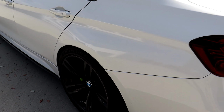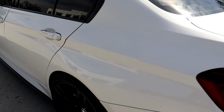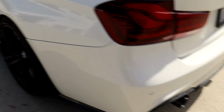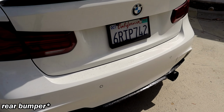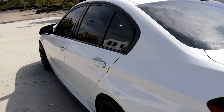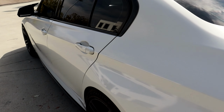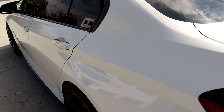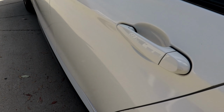I'm not sure why or how, because when I bought this car, the Carfax said that there was an accident, or it did receive some damage, but only in the rear end of the car. The front bumper was damaged, but that was it. It didn't say anything about there being any damage over here, but it may have just been maybe a scratch or something, but they had to redo the whole thing. I don't know. But yeah, that is one thing that you may notice that's wrong. It doesn't match with the rest of the paint, but it's really not that noticeable unless you really look at it in certain